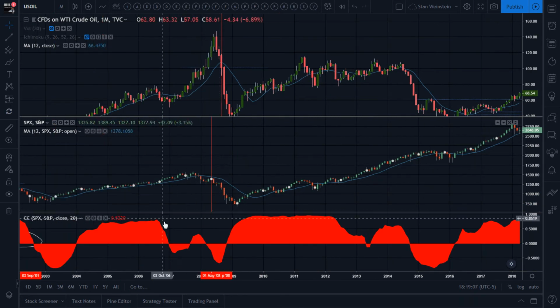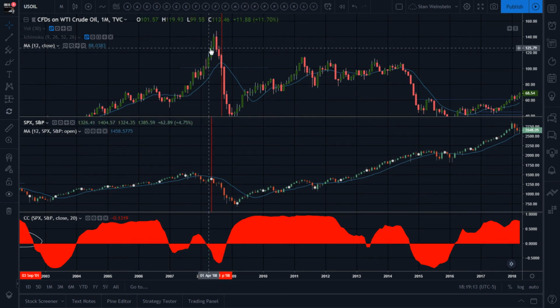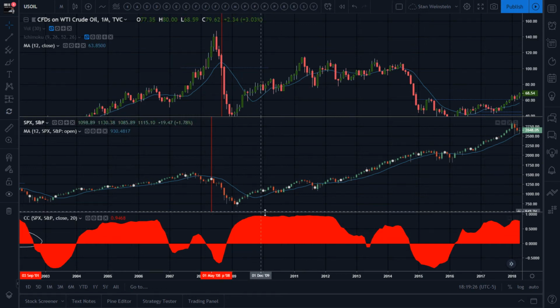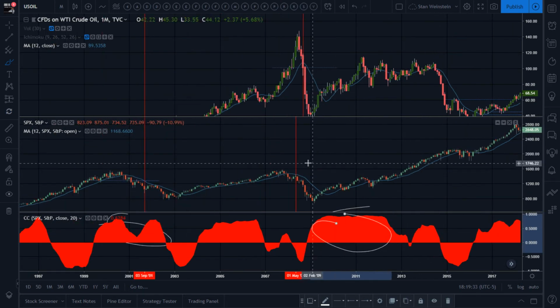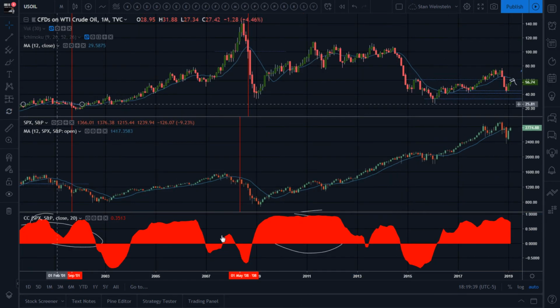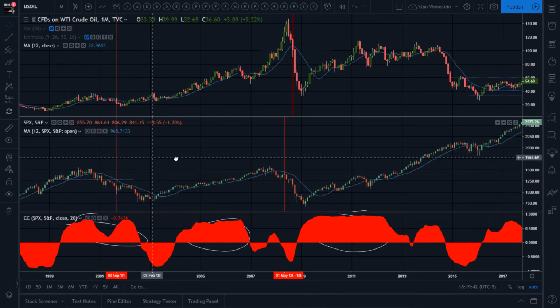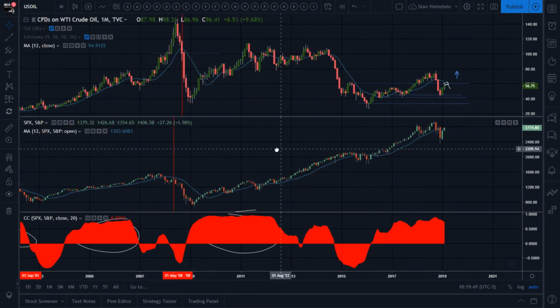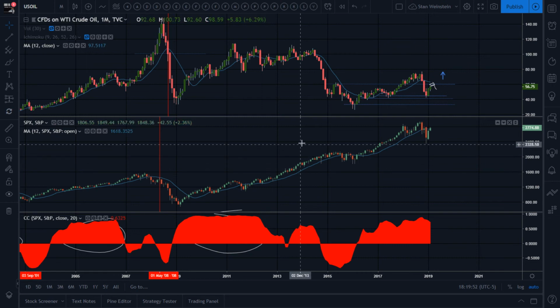So as oil was peaking, you see here the inverse, we're starting to lose our correlation. SPX going down and we're doing a bust. We're going to the moon's explosion scenario. And after that, we came back synchronous. On the way down, we started getting that correlation back together, until we came back into this power zone. Got to reset that chart. When oil has a high correlation in bull markets with the SPX, and when you start going into negative territory or you start to lose that correlation,